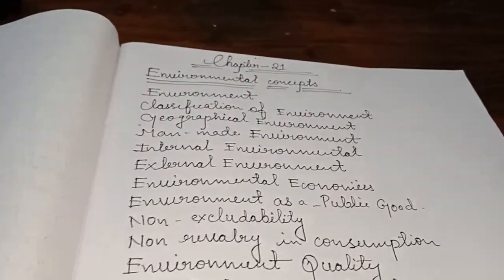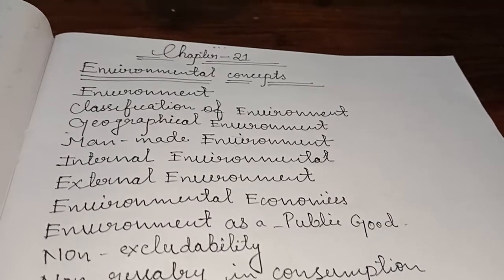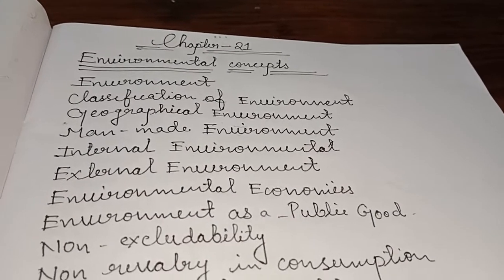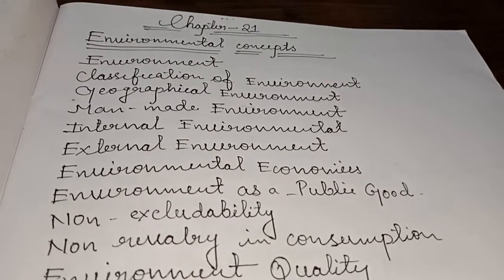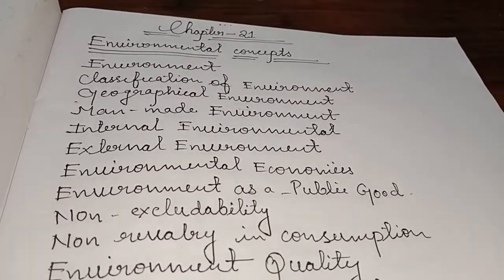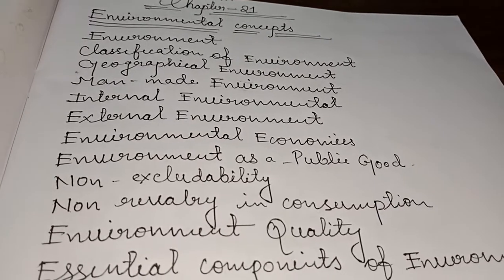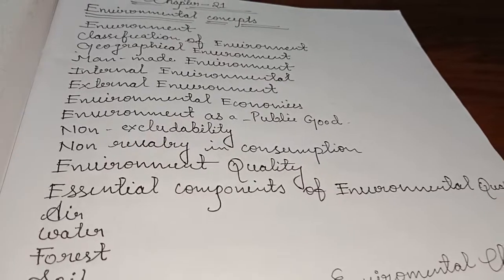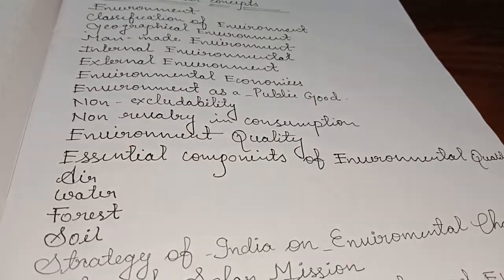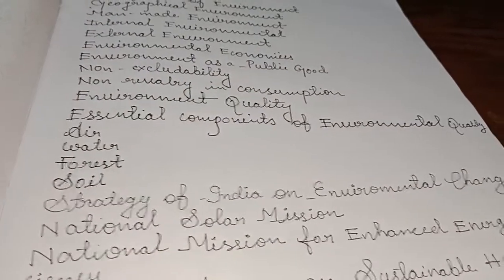Chapter 21, Environmental Concepts. Environment, classification of environment, geographical environment, man-made environment, internal environment, external environment, environmental economics, environment as a public good, non-excludability, non-rivalry in consumption, environment quality, essential components of environmental quality: air, water, forest, soil, strategy of